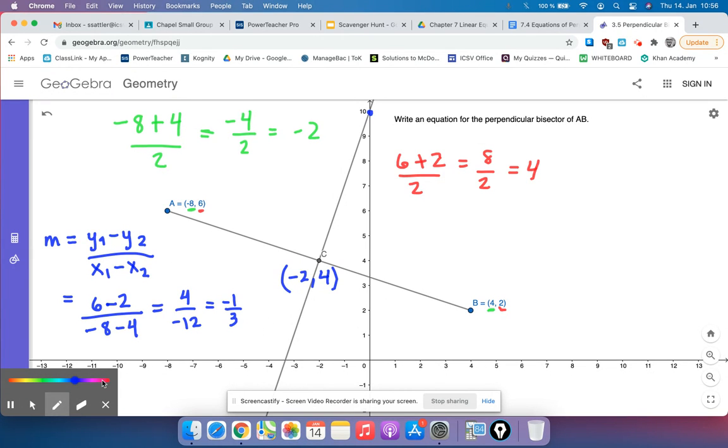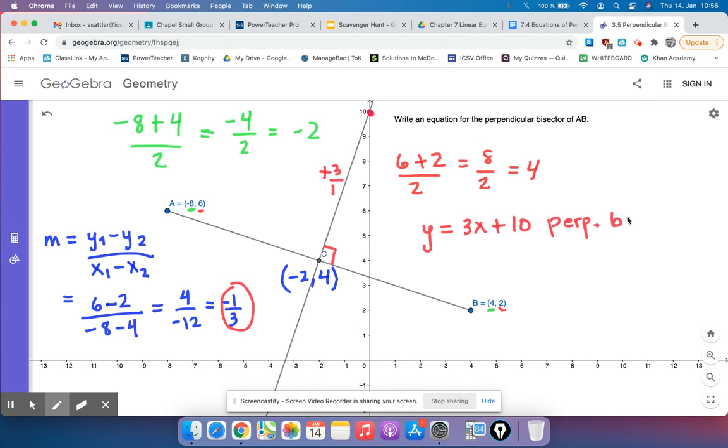So now we have to use what we know about perpendicular lines. The slope of this perpendicular bisector would be the negative reciprocal of this. So that would be +3 over 1. Okay, so now we know the slope and the y-intercept. We can write the equation. y equals 3x plus 10. That is our equation for the perp